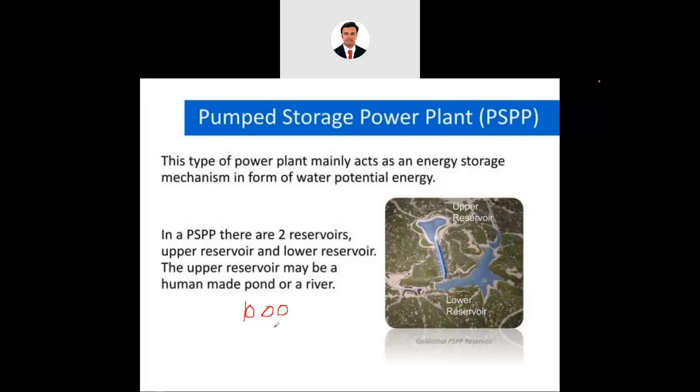Okay, so in that case, because of the variation in demand, we cannot consume this 1,000 megawatts which is generated inside the hydroelectric power plant continuously. So considering at the morning and at the evening, we are going to consume this 1,000 megawatts, but at afternoon or during the night time, we are not going to consume those 1,000 megawatts.